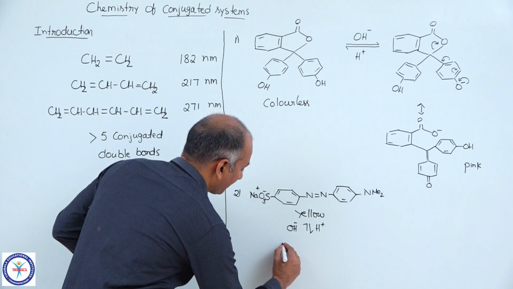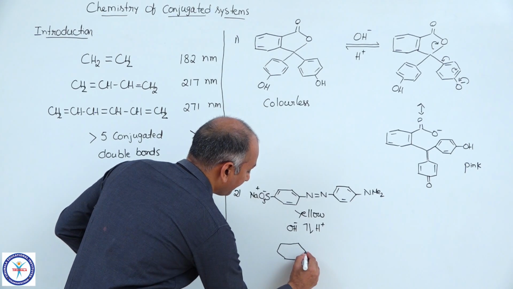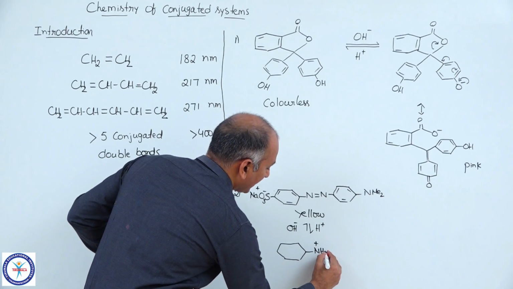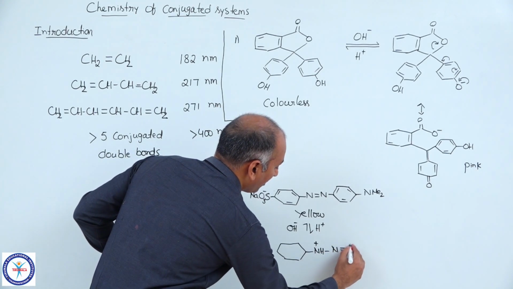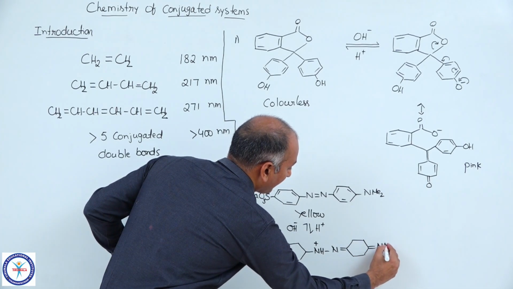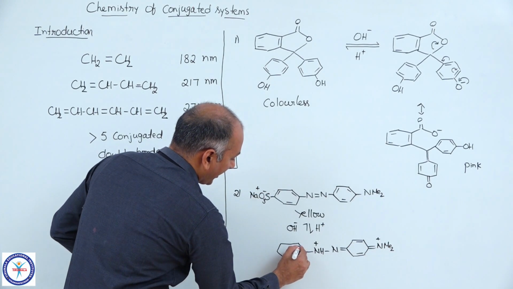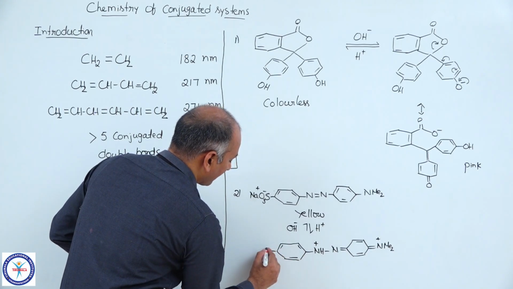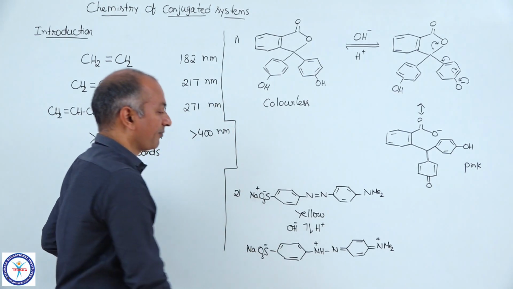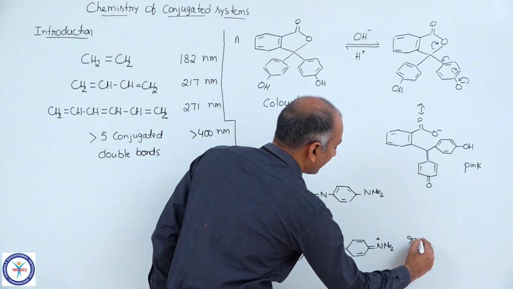So if I write down the structure of the methyl orange in acidic medium, now it is like this: NH plus, most basic nitrogen, single bond, N, double bond, N, Me2 plus, double bond, and this benzene ring remains as it is. Now see, and you know the color of the methyl orange in acidic medium is red.